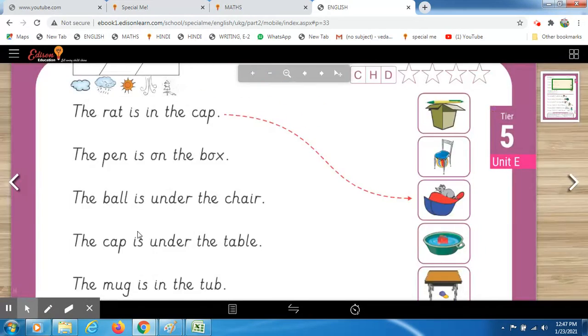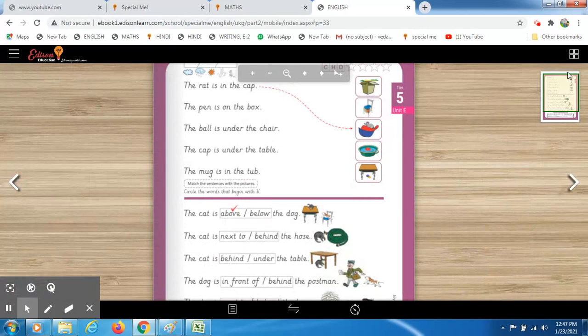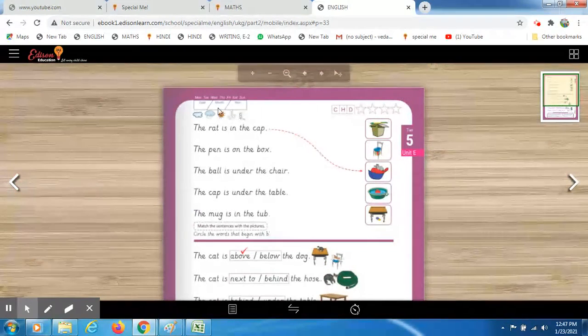Okay, fine. So here also you have to put the date first on top. Here you have to write the date. Okay, so today is 25th. So first of all you have to write date over here, and the month is January. It's 01. Year is 2021. So here you have to write the date, and the day is Monday. So circle the abbreviation. Go outside, check your weather, and then circle the clip art.